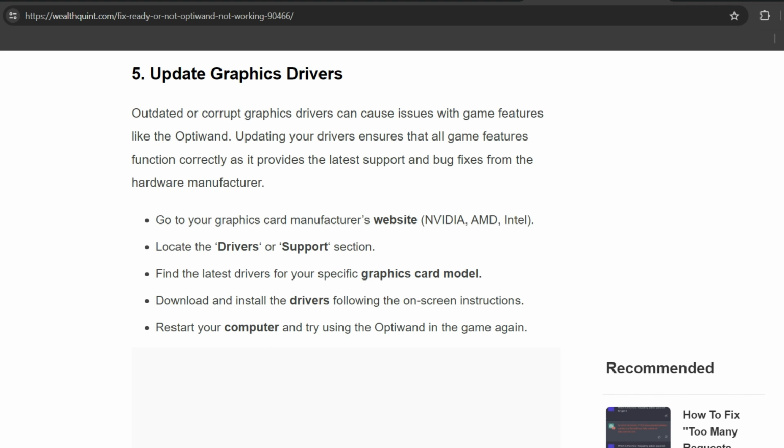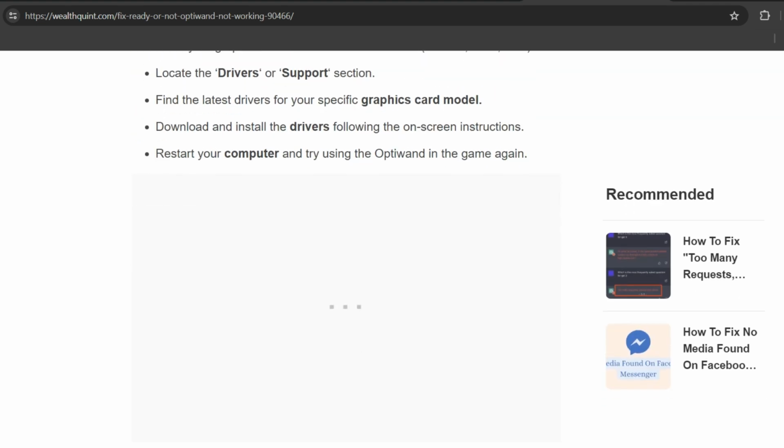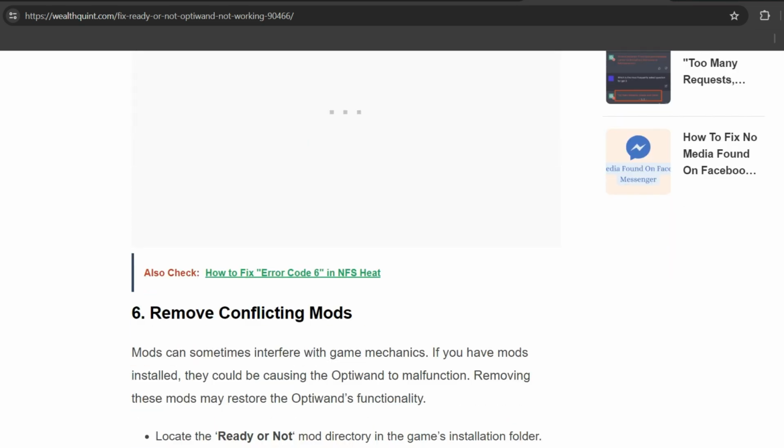To do this, go to your graphics card manufacturer's website: NVIDIA, AMD, Intel. And after that, locate the drivers or support section. Find the latest driver for your specific graphics card model. Download and install the drivers following the on-screen instructions. Restart your computer and try using the OptiWand in game again.